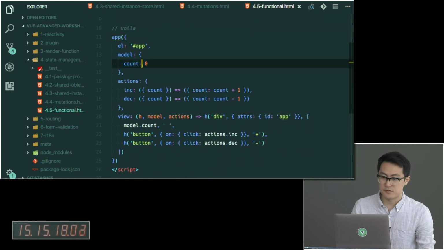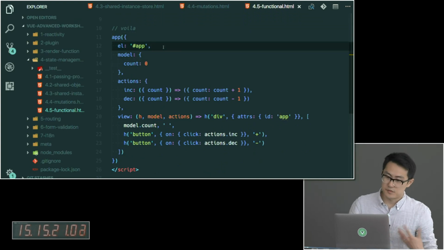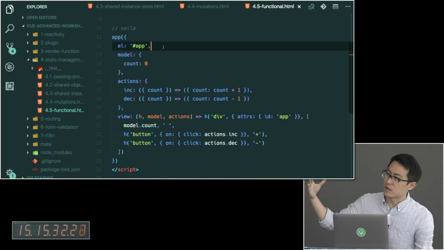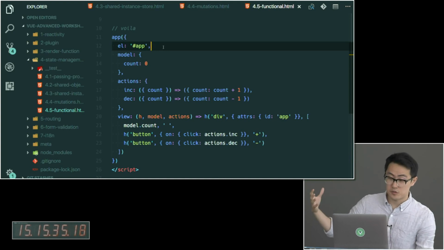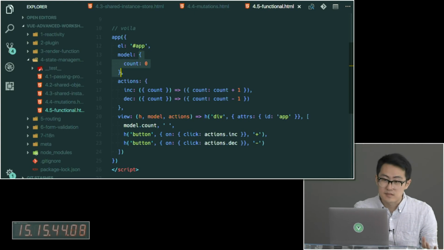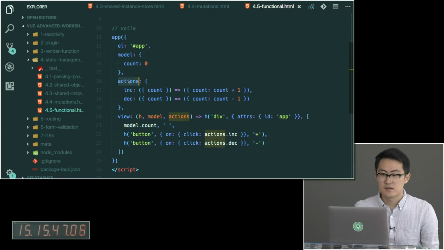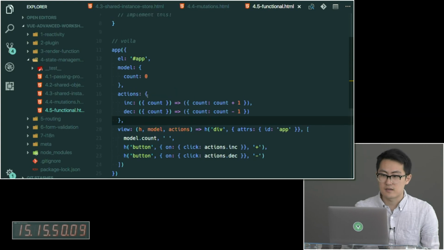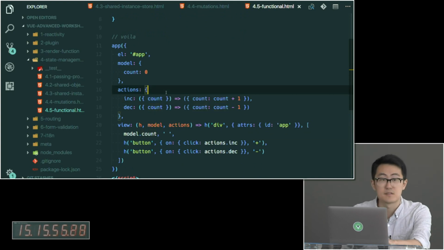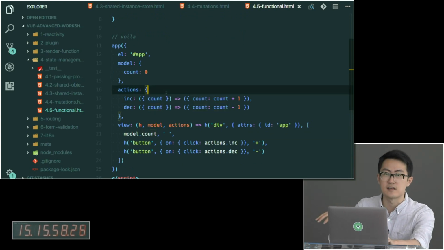So this interface is in fact inspired by a combination of influences from Redux and a few other libraries. There is a library called HyperApp, which exposes almost exactly this interface, and I believe Choo also looks very similar to this. But the idea is you have this model, which is the same as state, and then you have possible actions, and each of these actions